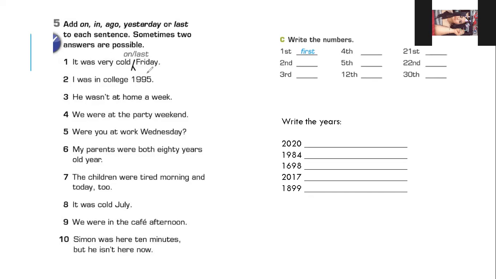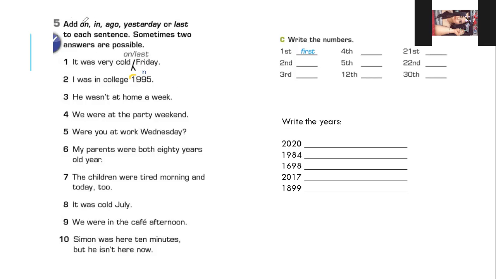And where would you place it? O sea, ¿dónde? Después de college. Ajá. Okay, I was in college in 1995, right? Very good. Okay, number 3. He wasn't at home a week what? Last,